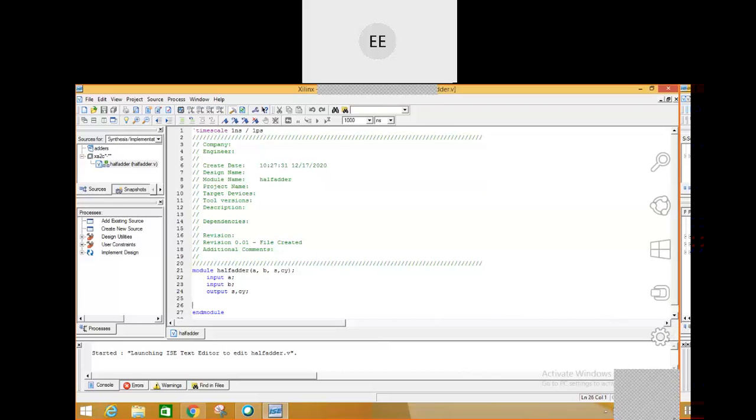So let us do it using a data flow modeling style. Now can anyone tell me what expression I have to write here? What should be the statement? Sushmita, can you tell me?